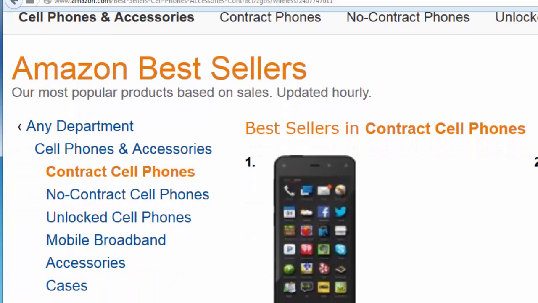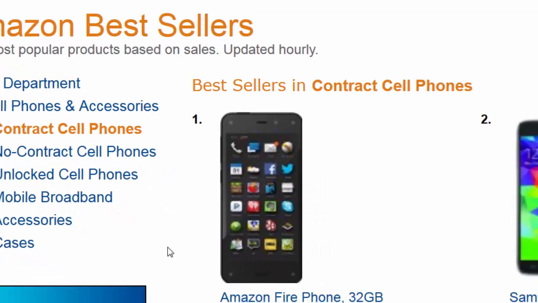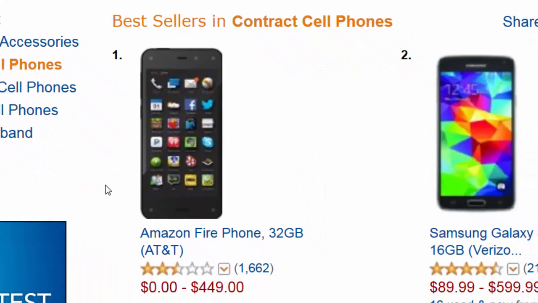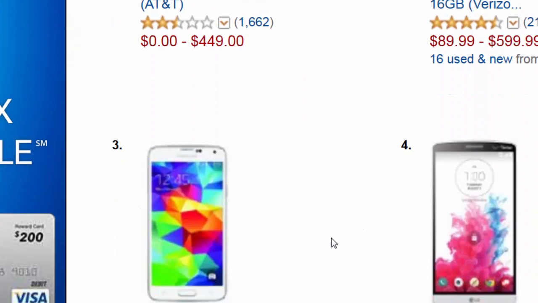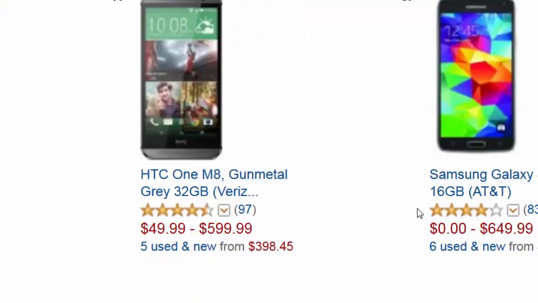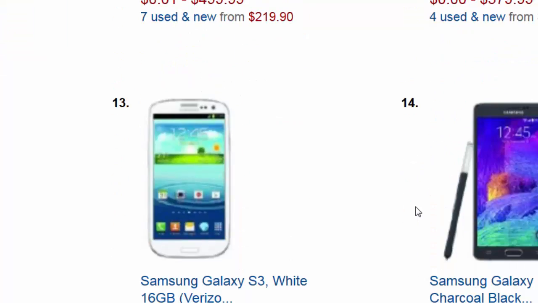I click on that list. Here's contract cell phones. Look at this. The #1 selling phone with a contract on Amazon is the Fire Phone. Amazon Fire Phone, and this provider we can see is AT&T. Definitely something to write a review about. That Fire Phone is hot. I don't know anything about it. Looks kind of like an iPhone and a Samsung combined, but you definitely want to look into it. As you can see here, Samsung's, LG, and it's interesting to note